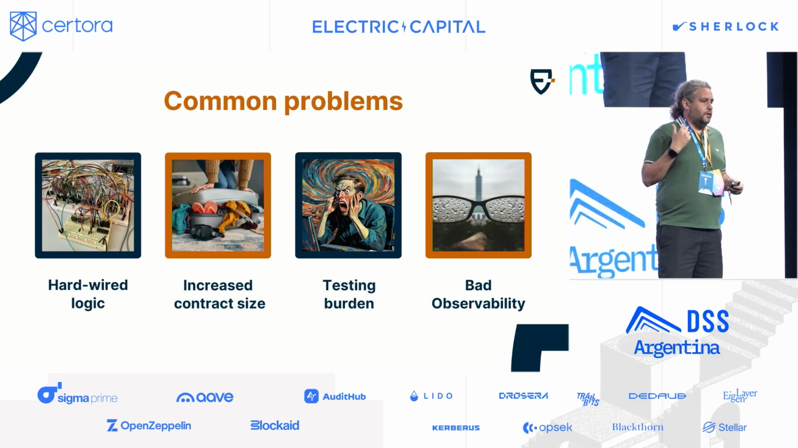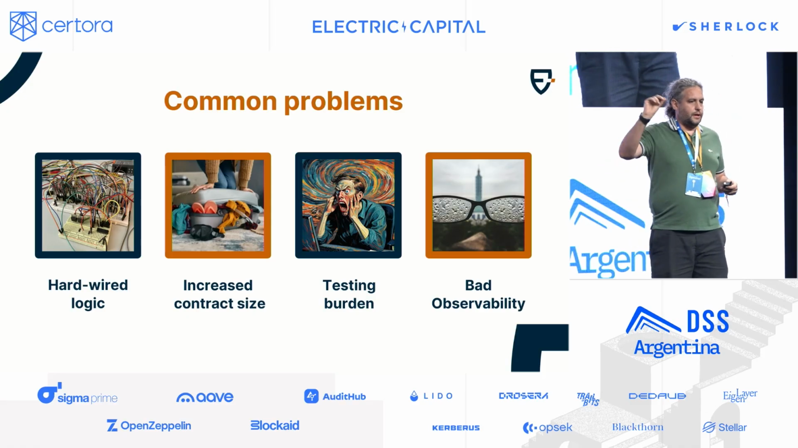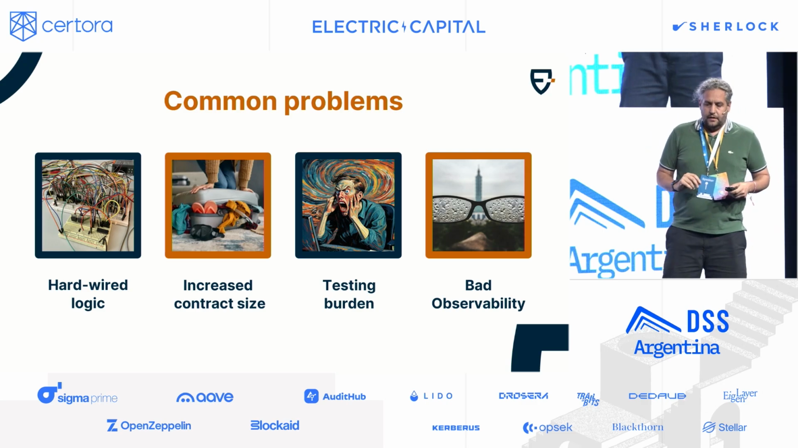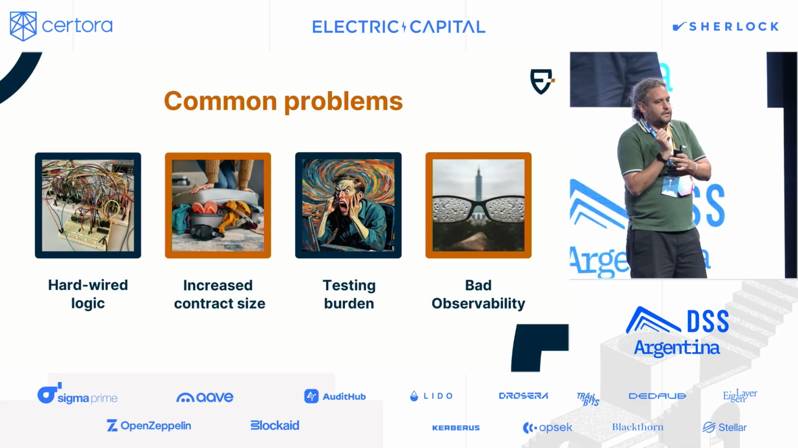And also, for your normal test, when you want to test the logic of your contracts, you still need to do all the setup of setting up the rules and saying, okay, this is going to be applied by the admin. And the final effect is the bad observability, right? So you can't,